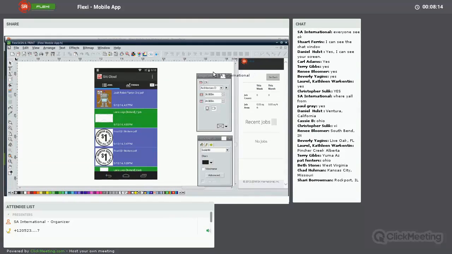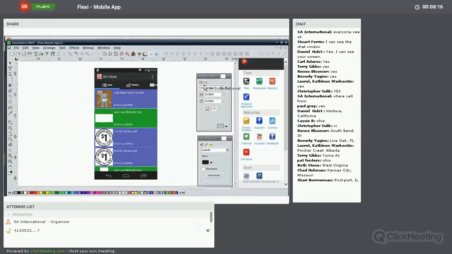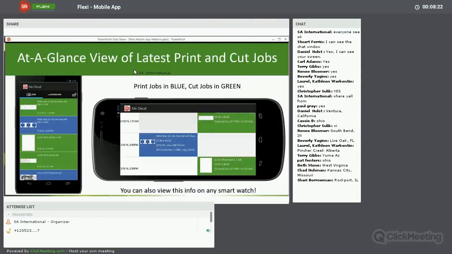So there's some information that's available to you right within Flexi itself. Well, how does that help us? Let's go back to our presentation here. Well, that information then gets uploaded, and that information goes to your phone. So a couple of things I want to just remind you of. Number one,